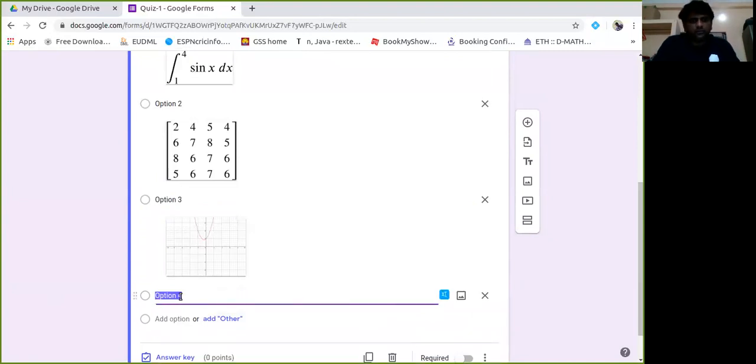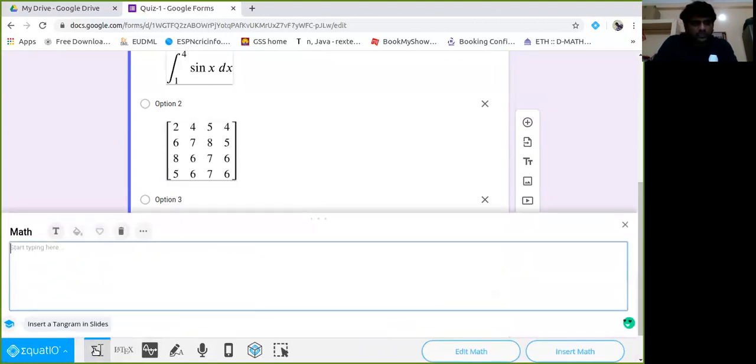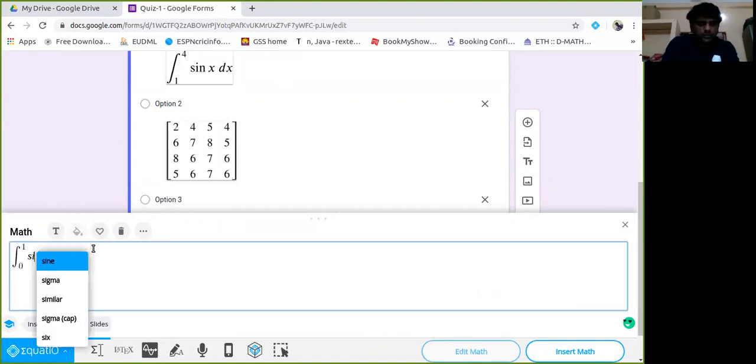In option 4, if you want to give any other mathematical equation, here I will show how to use LaTeX. Suppose you don't know how to use LaTeX, simply click here in the math equation editor: integral from a to b, where the lower limit is 0 and the upper limit is 1, sin x dx.